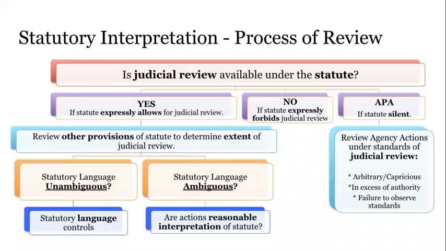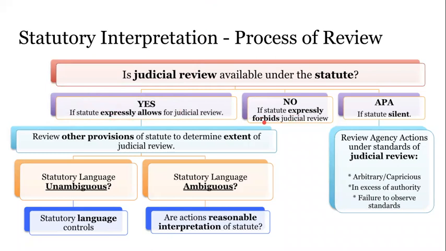So the first thing a court has to determine in these public laws, and this applies not just to these environmental laws, this is statutory interpretation in general, related to any federal statute, is: is judicial review available under the statute? If there's express language and the statute expressly allows for judicial review, great. But if the statute expressly forbids judicial review, again, it could forbid judicial review of the individual or entity